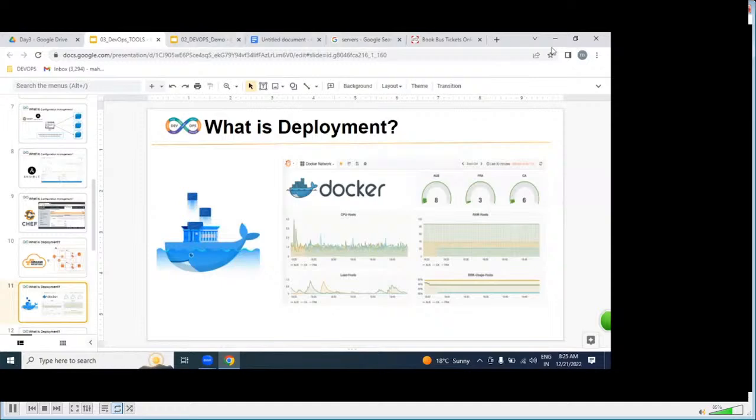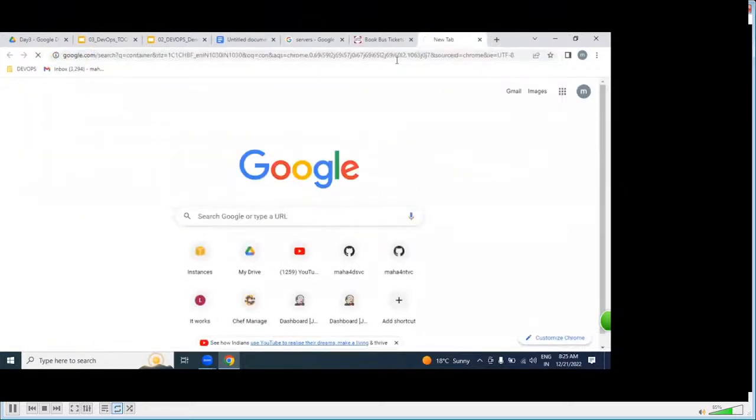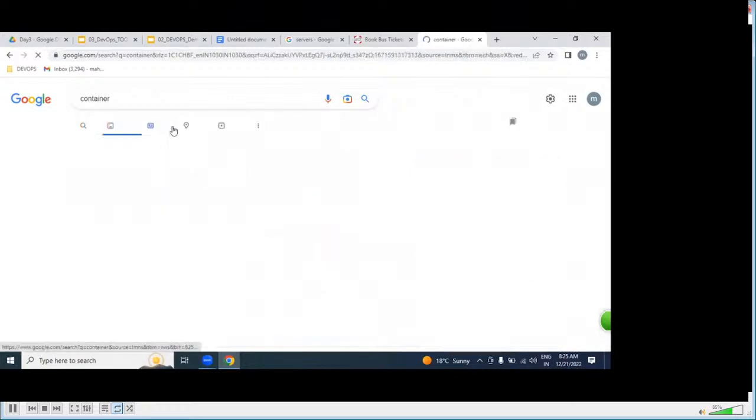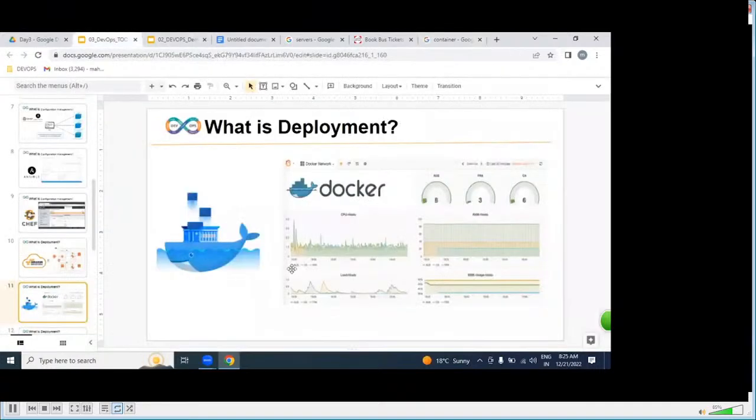For example, if you want to transport products via sea, are we using containers or not? Yes or no? Obviously containers. With the help of these containers, we can transport any product via sea, or not? How exactly do these containers work? The same way our Docker container also works.